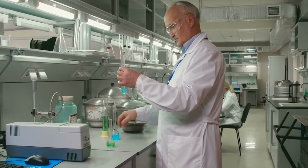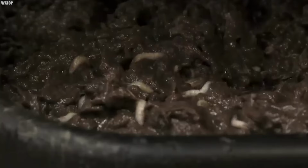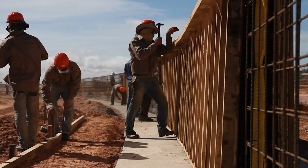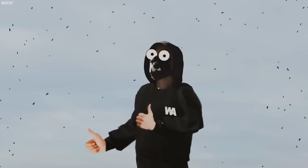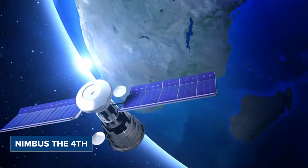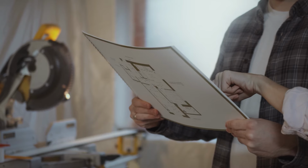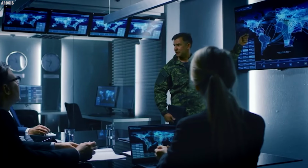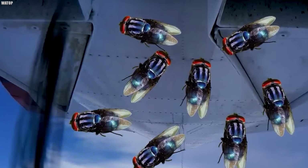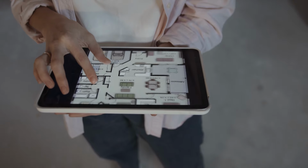USDA scientists also proposed the idea of using satellite remote sensing to track the habitats of these screwworms and target the distribution of the sterile males towards that area. To achieve this goal, satellites such as the Nimbus 4 provided much-needed climate information that gave the fly release planners another way of identifying potential outbreak points. It was a quiet war, but one that needed to be fought in order to avoid losing hundreds of millions